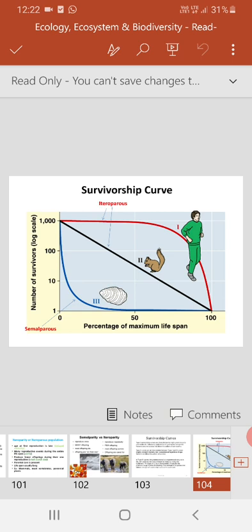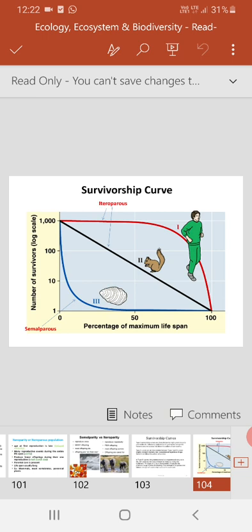The red curve is the type 1 curve. Humans are the best example. The mortality rate is very low in the early stages, and the mortality increases during the later stages. On the y axis is the number of survivors. For example, at the start 1,000 individuals are born, whether it is a human or a rabbit or a squirrel, or an oyster or any invertebrate. So out of 1,000, you can see most, about 50% of individuals,